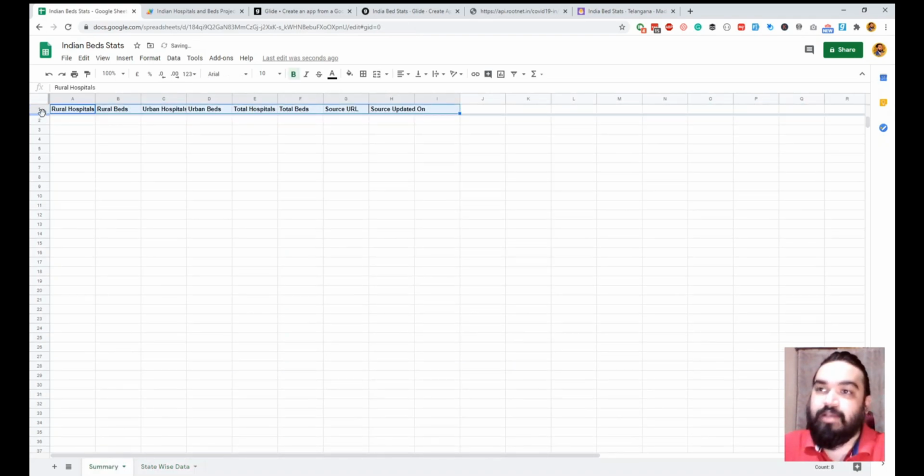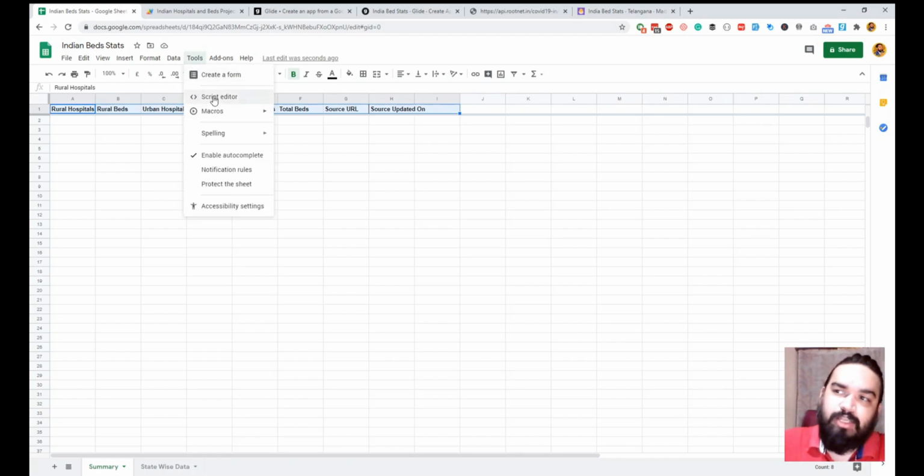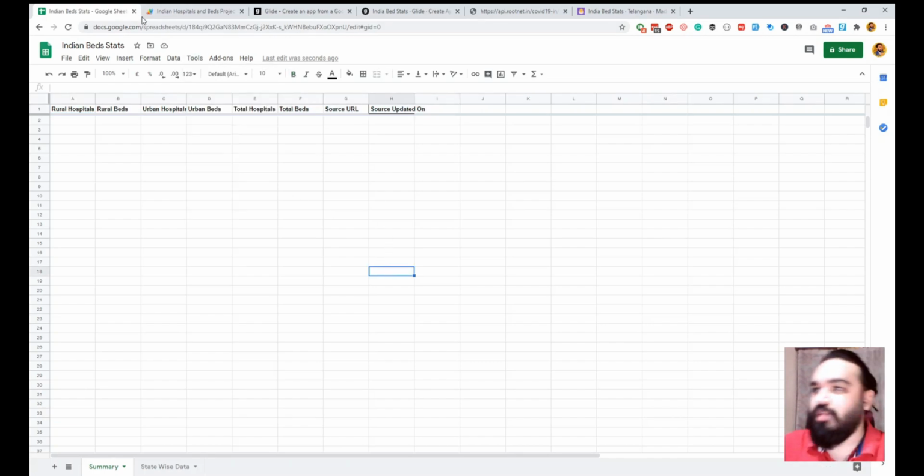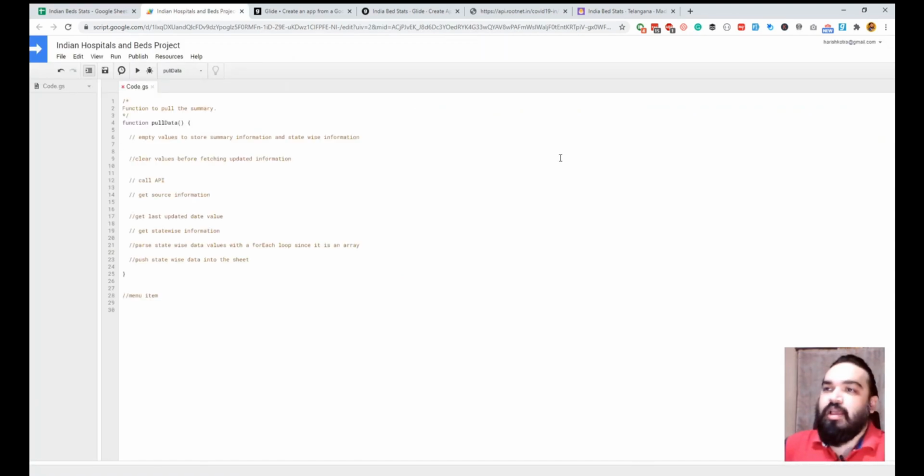To pull data into this Excel sheet, what we will use is the app script. For that you need to go to tools and click on script editor. Once you click on that, it opens up a new project. To be able to run any function in this, you need to give permissions. It will ask for permissions if this is the first time that you're doing something like this, right? So great. So we have one function.